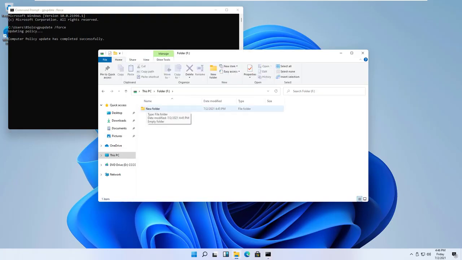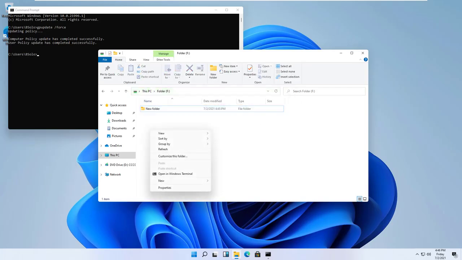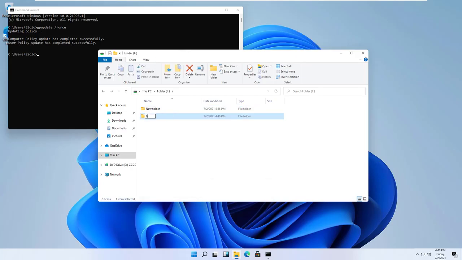Oh, it doesn't change. See, I don't have access. This is if I create a folder for Bobby Solo, let's say Bobby Solo. No one can view this Bobby Solo folder.